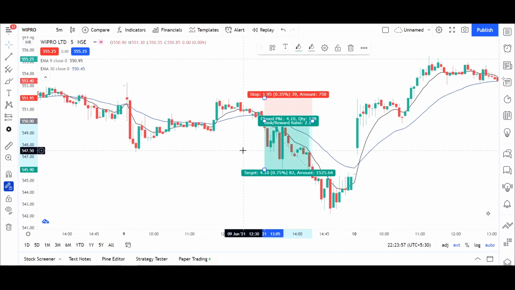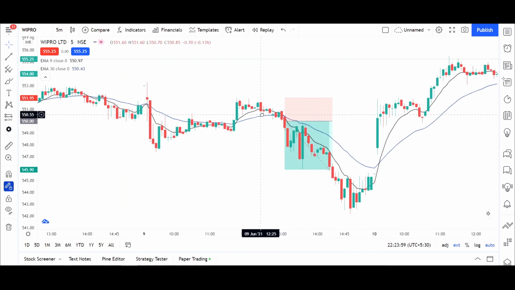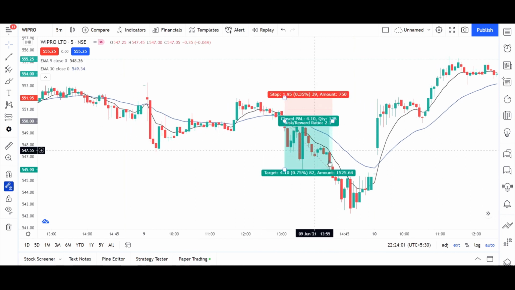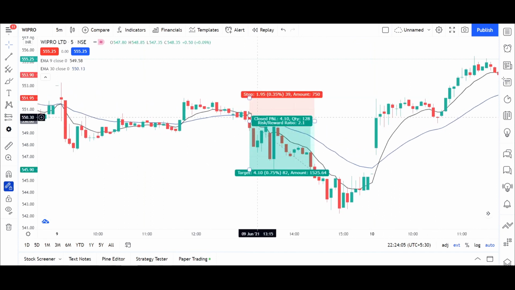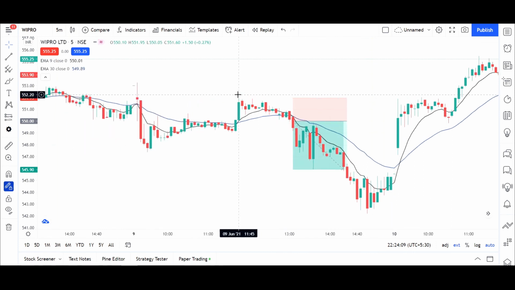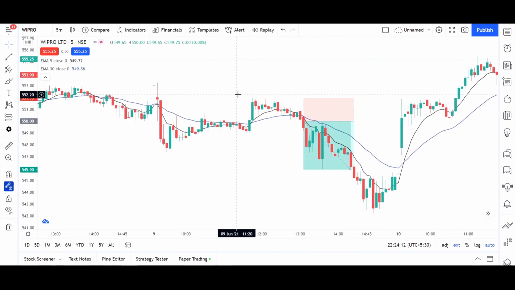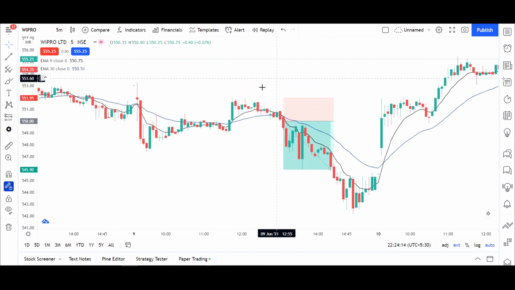As we can see, when the EMA crossed over and the bearish market started, we achieved both our targets. And our stop loss, again I will repeat, will be above the 30 moving average. So guys, this was it for short selling, how you can short sell using this trading strategy.